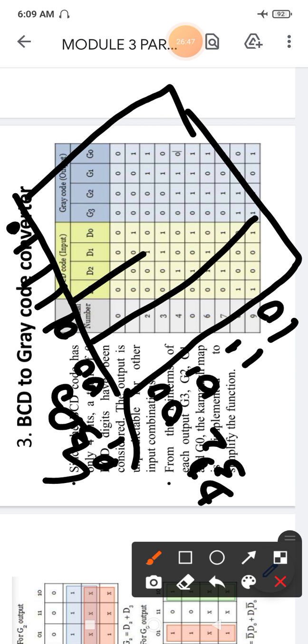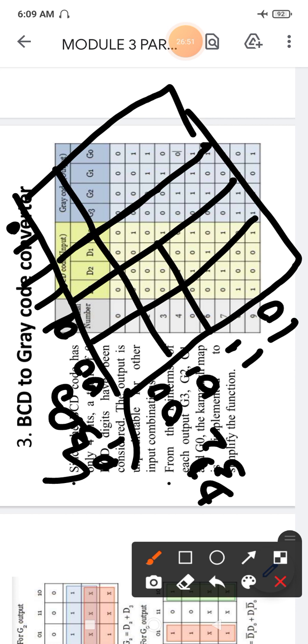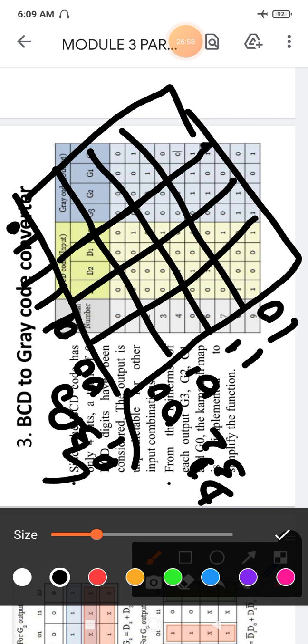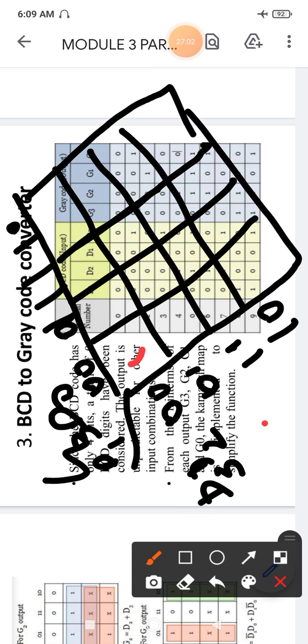So that one we can represent by using the K map here. For 0 0 0 0 it will be 0 here. I will just change the ink here to red. Okay, 0 0 0 0 it is 0 here. The only high ones are 8 and 9. 8 and 9 are only high, and the remaining things are all 0. 1 0 0 0, and this one is also 0.